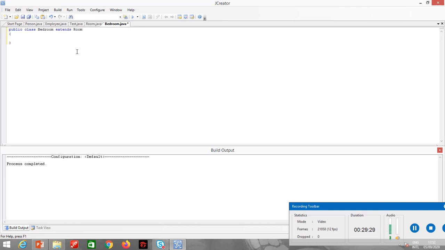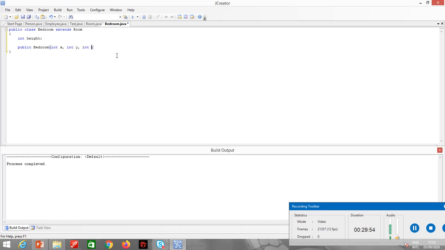So it's an inheritance. Now my bedroom class just has one variable, height. Let me make a constructor, public bedroom. Now because the parent class has the parameterized constructor, I need to pass the same parameters over here, else it will be an error.